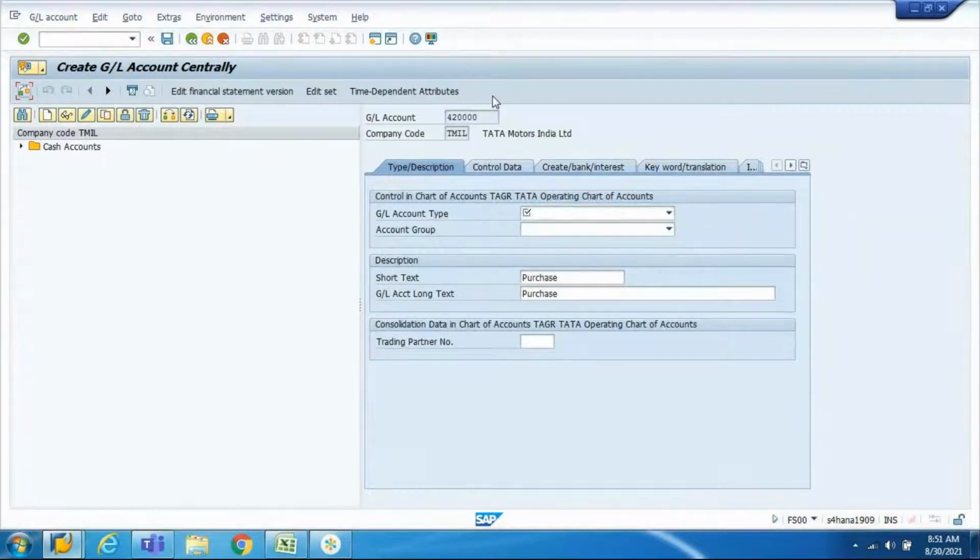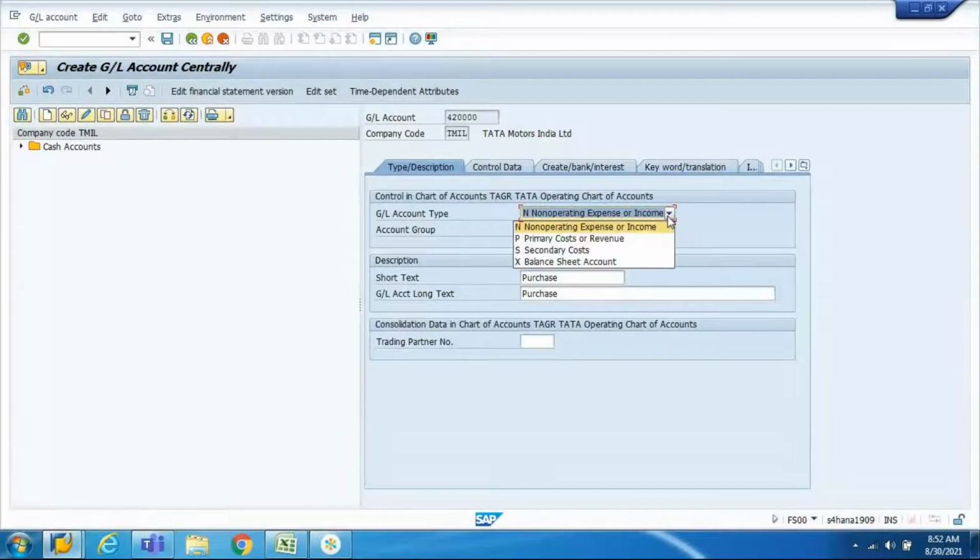In ECC, you will have the create cost element screen on the top like this, and in S4 HANA this is removed, and that control is part of the GL account type. If you select GL account type as N, then this GL account is not relevant for CO and is not treated as a cost element. It is a pure FI GL account. Clear?